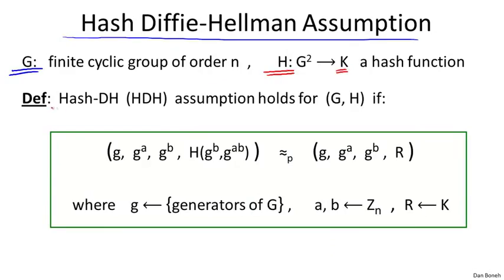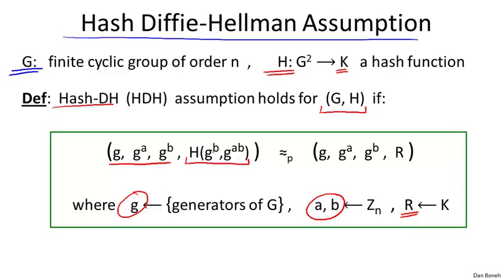And then we say that the hash Diffie-Hellman assumption, or HDH for short, holds for this pair G, H, for the group and the hash function, if the following is true. Basically, if I choose a random generator g, and then I choose random exponents a and b in Zn, and then I also choose a random R in K, then the following distributions are computationally indistinguishable. That is, if I give you g^a, g^b, and then this hash value,